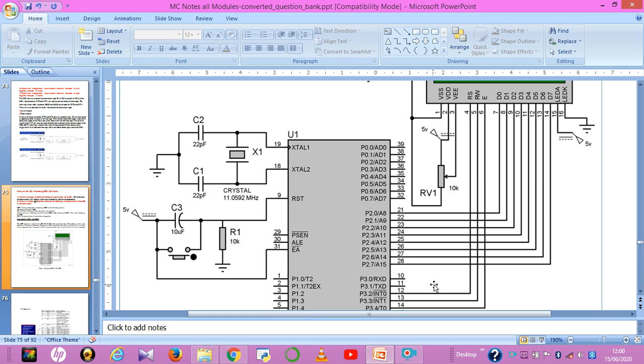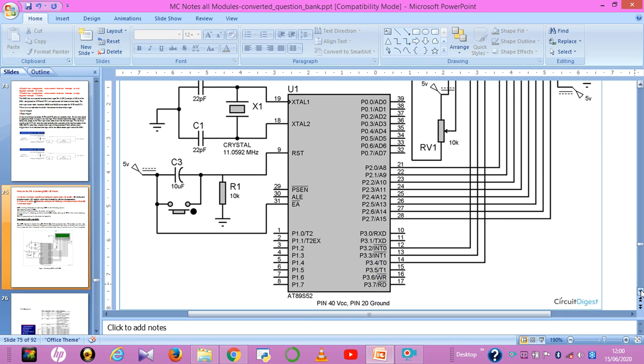These are the address lines, and the remaining 3 pins are connected to interrupt 0, interrupt 1 as well as the enable pin, reset pin and read/write pin. These are the pins which are connected, and on this side you can see the crystal to connect externally. Here the external crystal is used to get the frequency of 11.0592 MHz, and these are the pins used to interface your LCD. In this way the connection of 8051 is made. Pin 40 is VCC, pin 20 is ground.